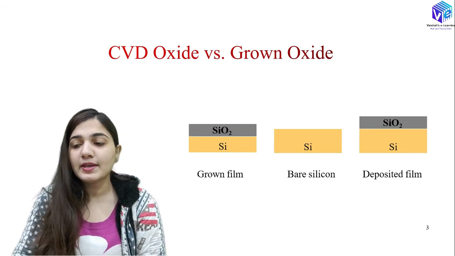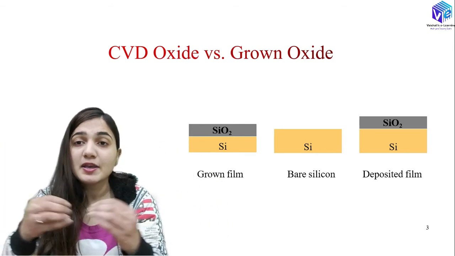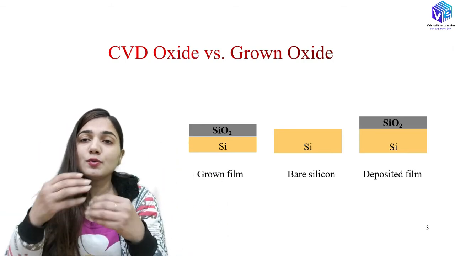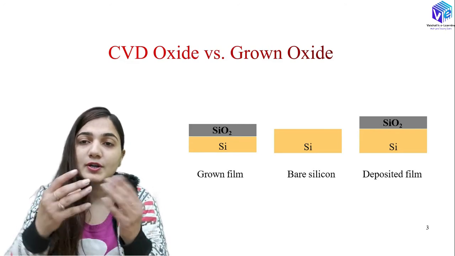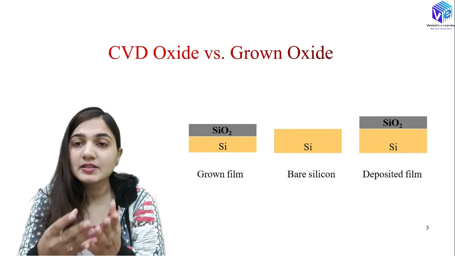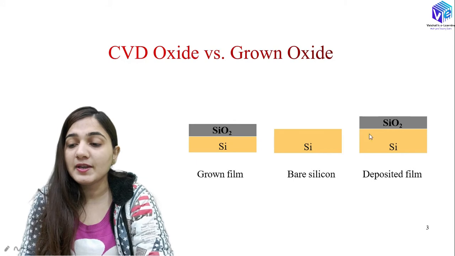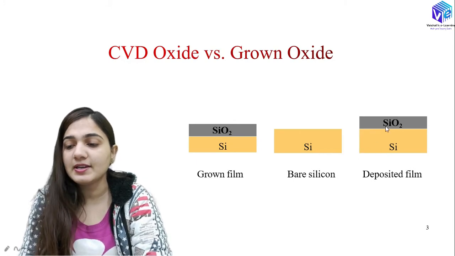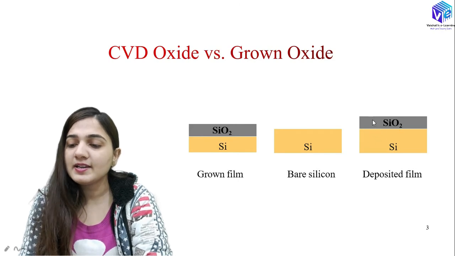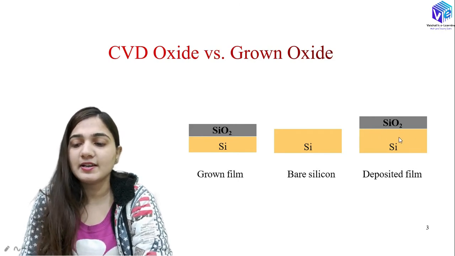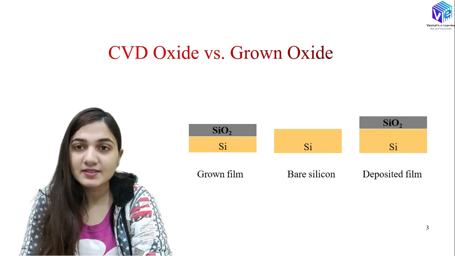So what we can do is take the silicon and the oxygen both from the gaseous phase and get them reacted. When they react, a byproduct is formed. What is the output? The output is a solid, that is SiO2. This solid output is coming and depositing over the silicon surface. This was my bare silicon. You can see over this bare silicon surface, I am not consuming any silicon, and we are forming the SiO2 layer. This is the advantage.